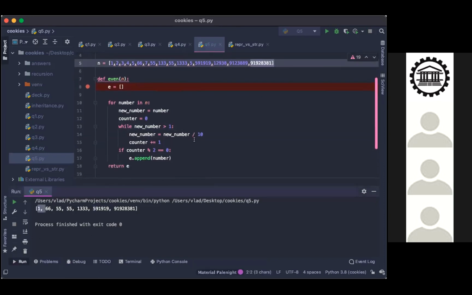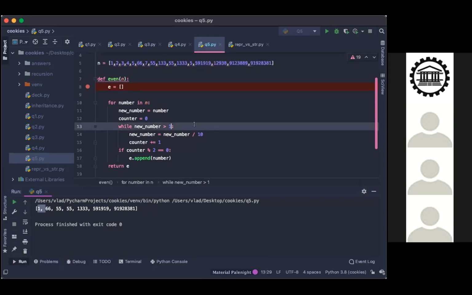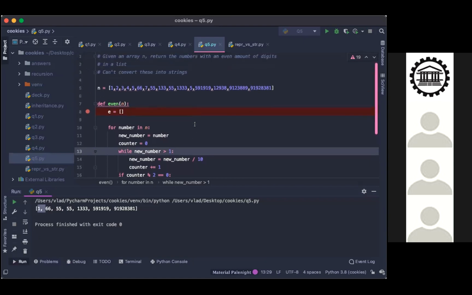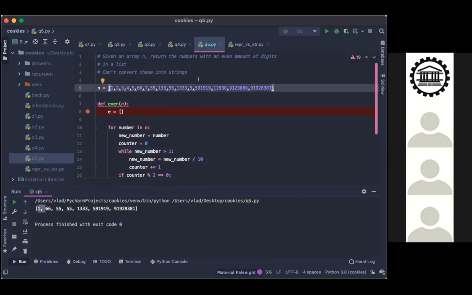So what can we do to fix that? Like I said, I don't want to add the condition that the new number doesn't equal 1, because that's just a case-specific thing, only for this question. If we think about other types of values, it might not work for them as well. That's not a smart way to go about it. It's a lazy way.